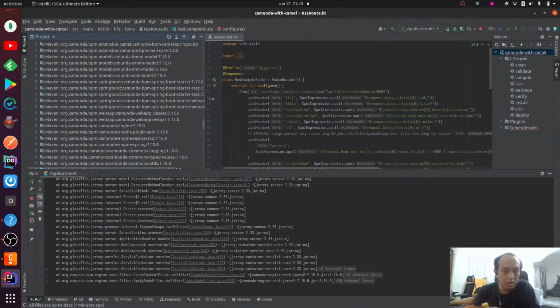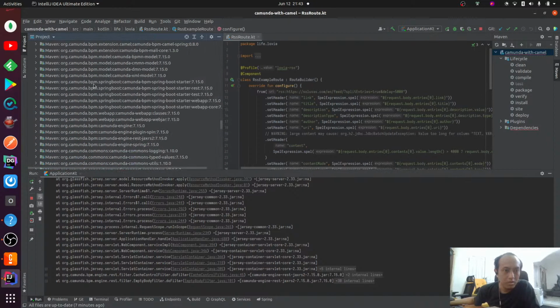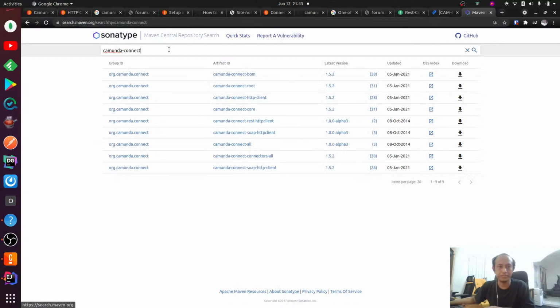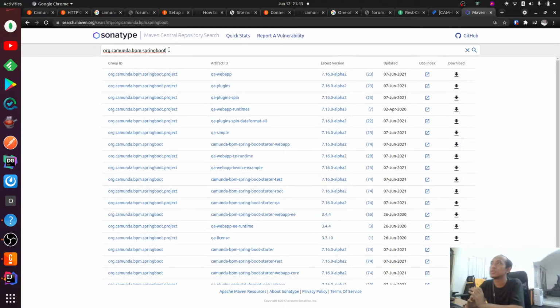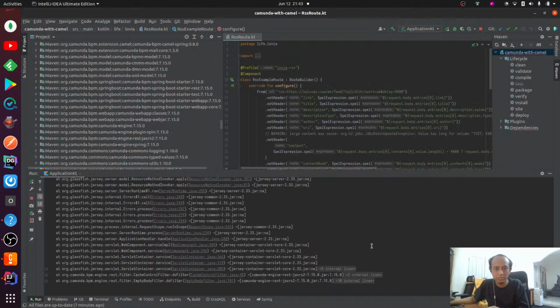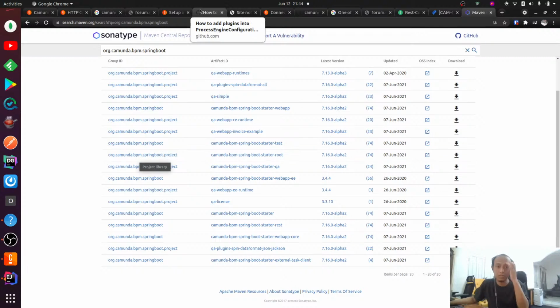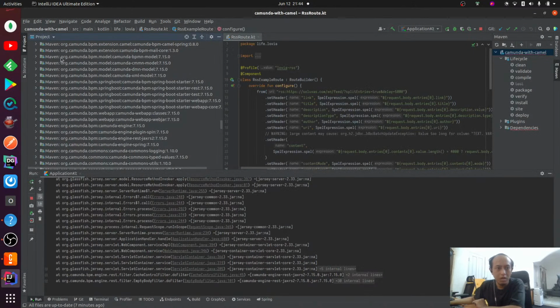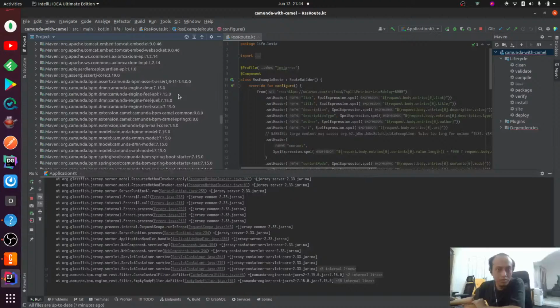Because usually they have Camunda BPM Spring Boot, because usually they put them in the Spring Boot. Okay, since it's not there, I will try to create a new